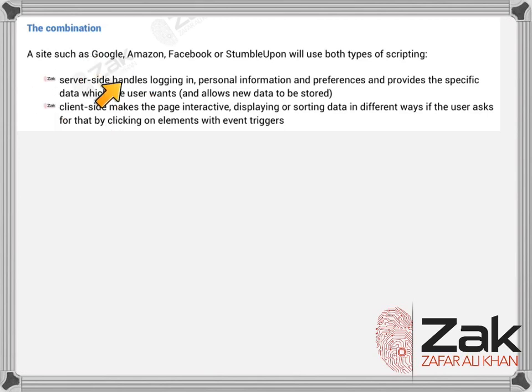So we might be asked for the combination. Combiningly, you would have to write the whole thing. Sites such as Google and Facebook will use both types of scripting. Server side handles logging in, personal information and preferences, and provides the specific data which the user wants. Client side makes the page interactive, displaying or sorting the data in different ways if the user asks for that by clicking the elements which trigger events like sorting, color changing, and tilting the screen for responsive websites, and